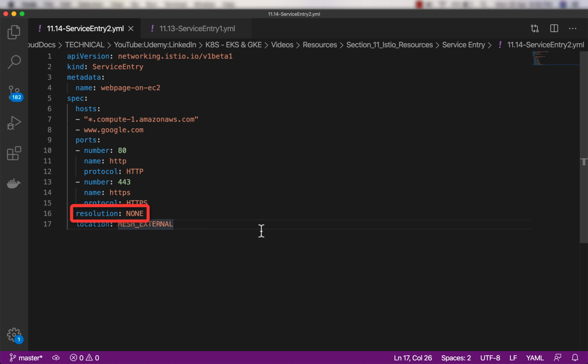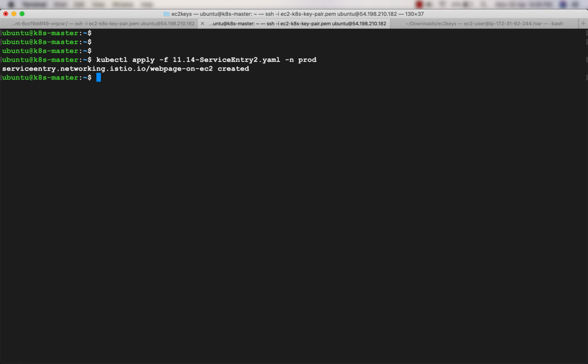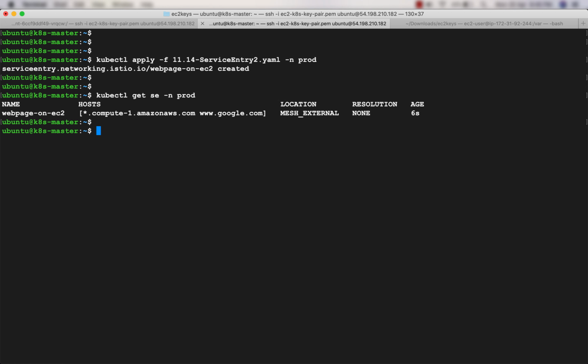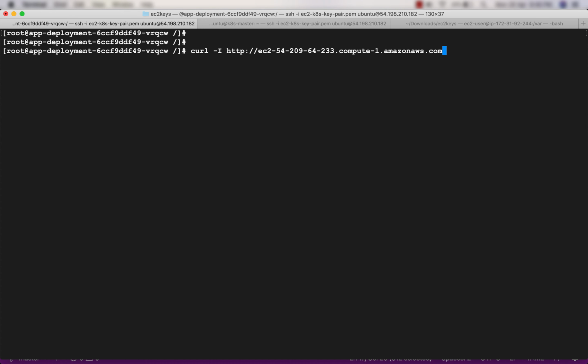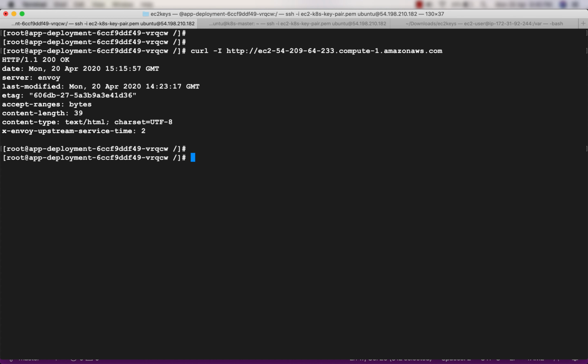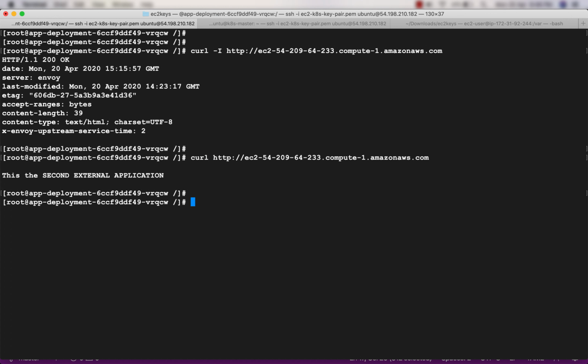It cannot be DNS. So the service entry has been created, and this is the only service entry available. Now see the hosts. We have *.compute-1.amazonaws.com and www.google.com. Now if I try from the pod, I should get the output, which is working. So it will work for the first application also, and it will work for Google as well.